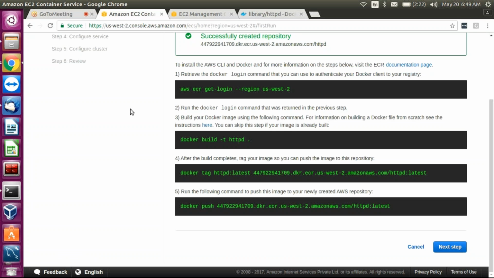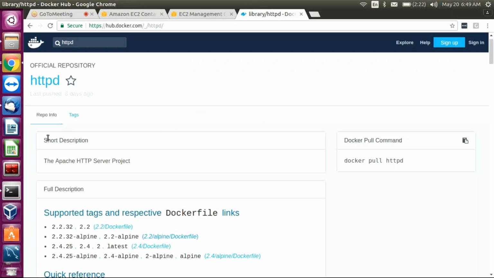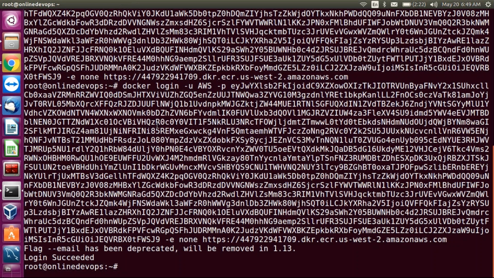Now, don't worry, I'll repeat this again, but remember what you are doing. So here, you remember this command, docker build -t httpd dot. This command will build a Docker image, but I'm not going to build that. I'm just going to pull from my repository. So what I'll do is,